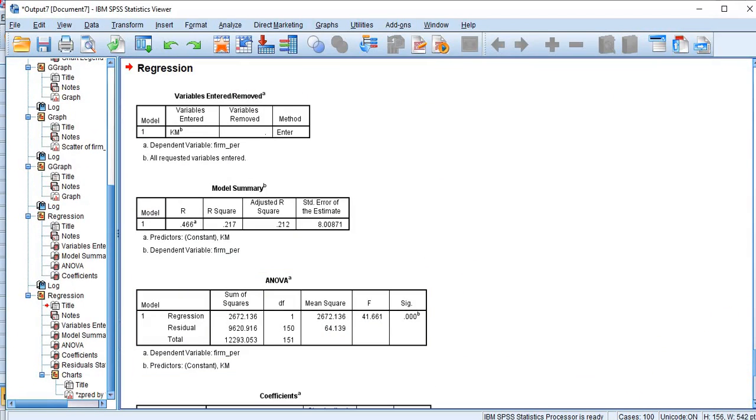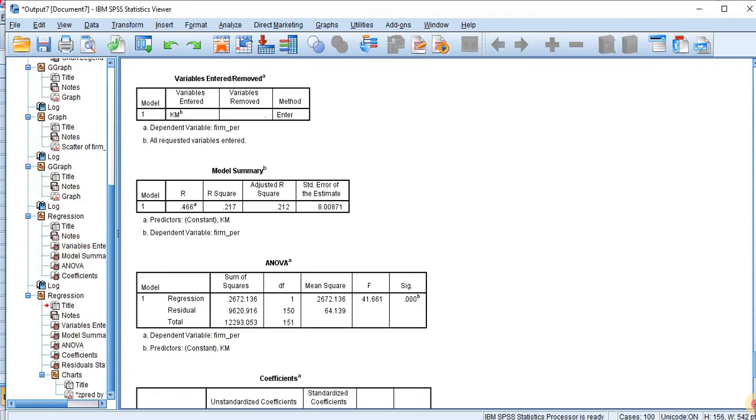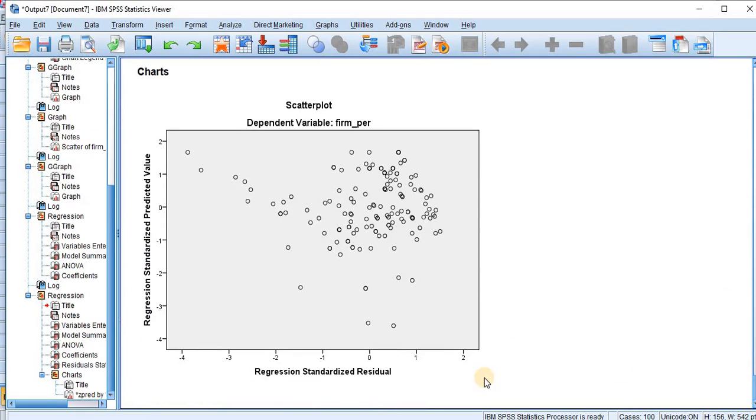Okay, so now we have a plot here, which is actually a scatter plot of regression standardized residuals versus regression standardized predicted values. And this scatter plot should display no trend or relationship. We can see that there is apparently no trend because these data points are scattered here and there